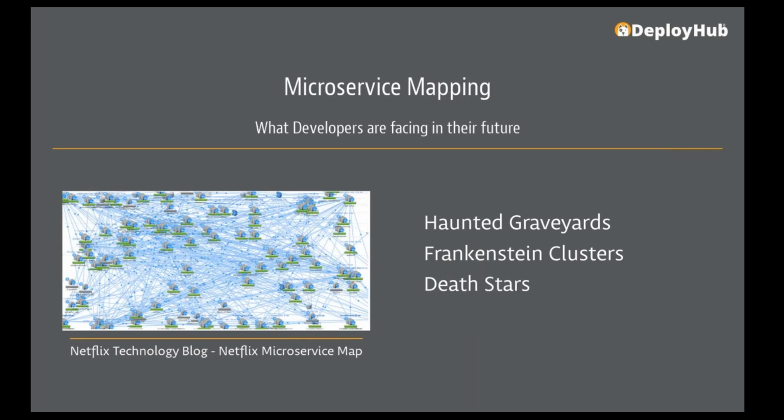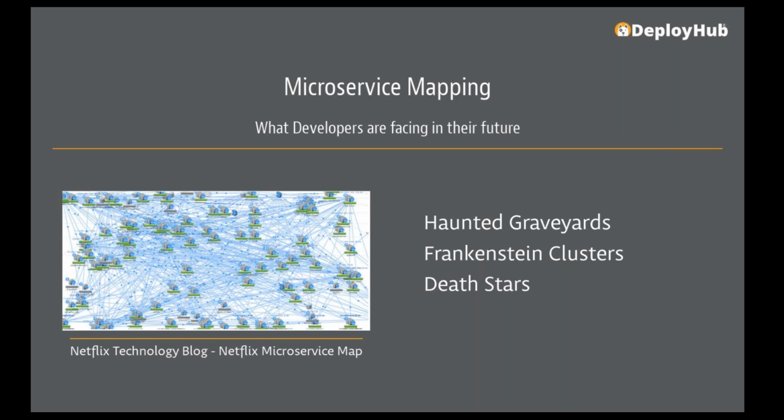So when you don't do it, you get something that looks similar to this. I pulled this from the Netflix technology blog. So this is a Netflix microservice map. And you hear different terms now for these very complex environments. Death stars, haunted graveyards is something we heard from the folks at Google, whereby you have certain clusters that they